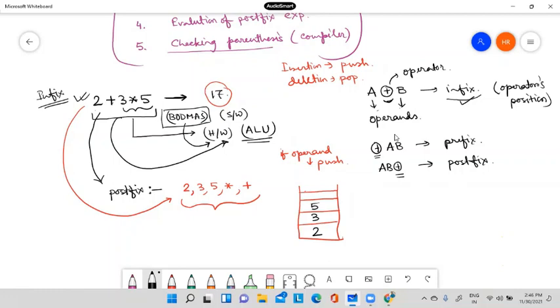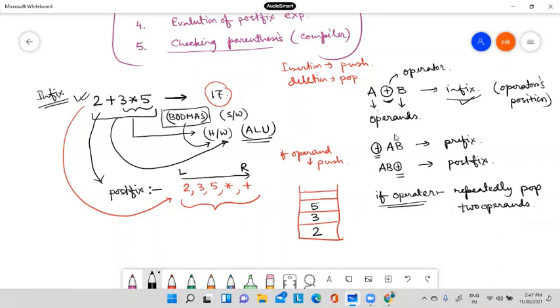Now, when it is an operator, what to do? Repeatedly pop 2 operands. You are reading this postfix expression from left to right, one after another.